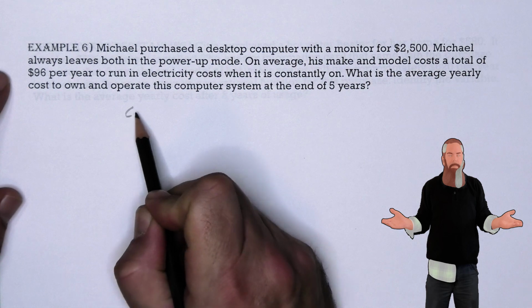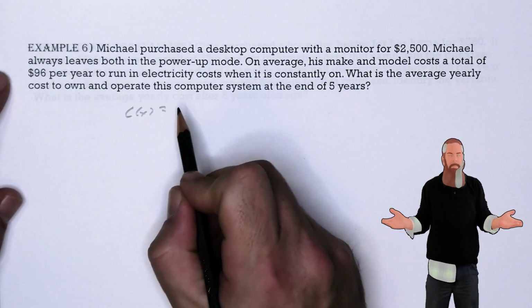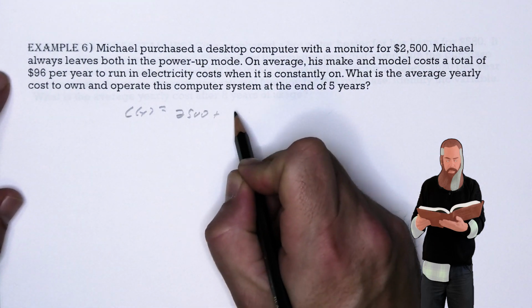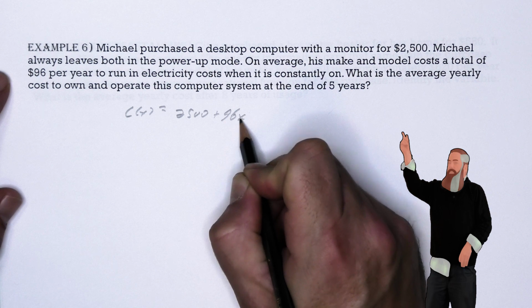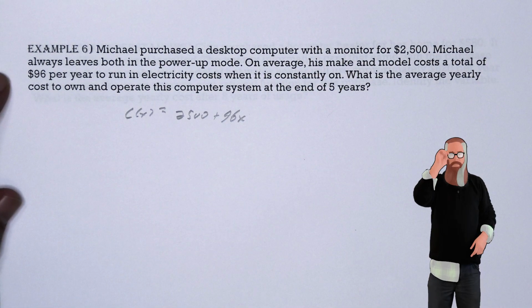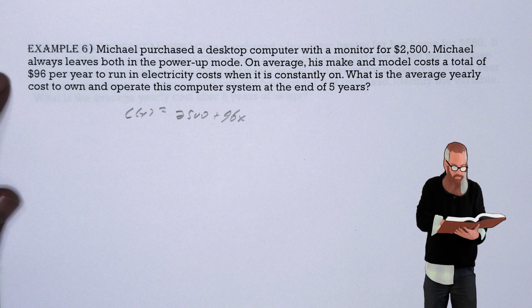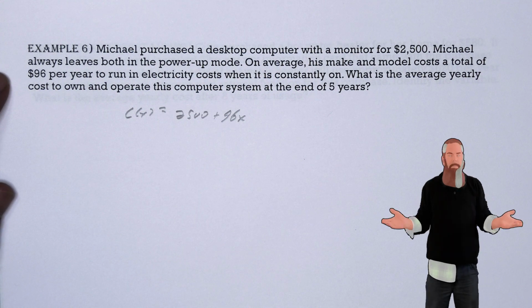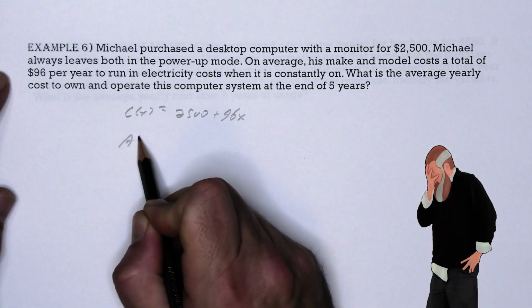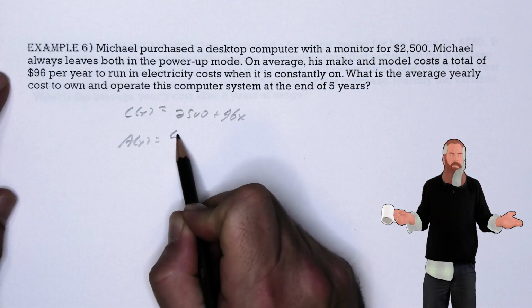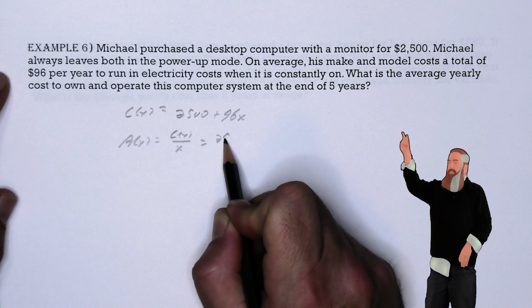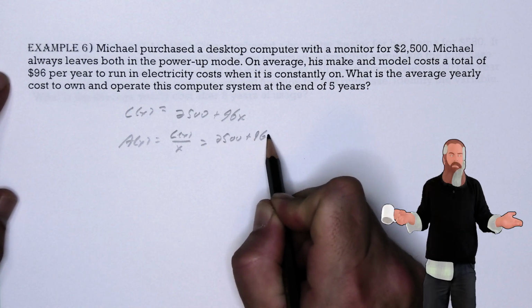So we're going to let C of X be the initial cost of the computer, $2,500, plus the yearly cost to run it, $96 per year, which in this case is X. Michael now wants to set up an average cost rational function, A of X, which is a quotient of the accumulating yearly costs and the number of years owned and operated. This means that A of X is equal to C of X divided by X, or simply 2,500 plus 96x